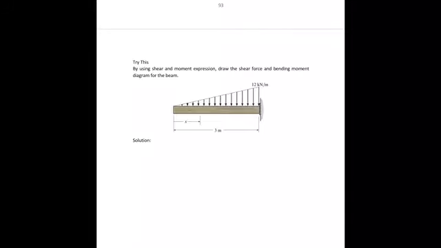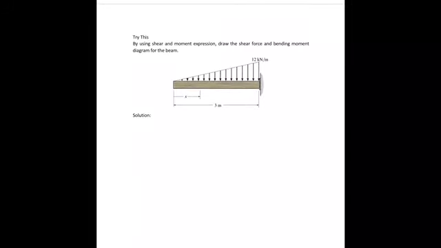Okay, you can try this one. This is a linear distributed load